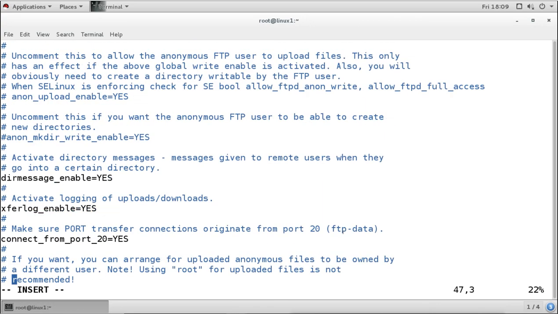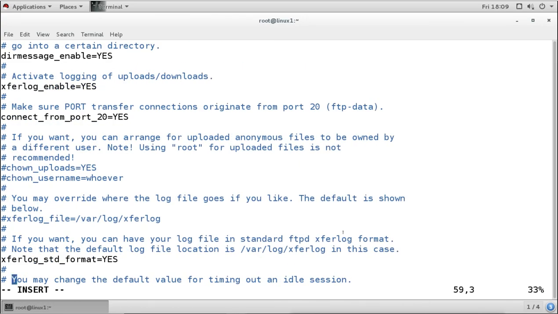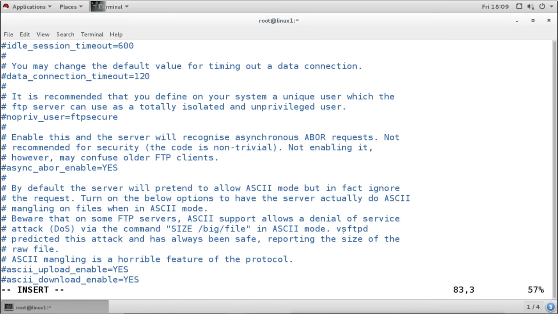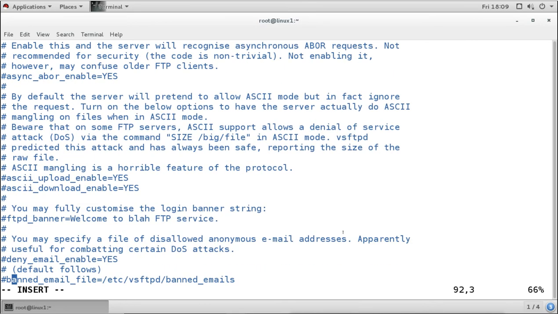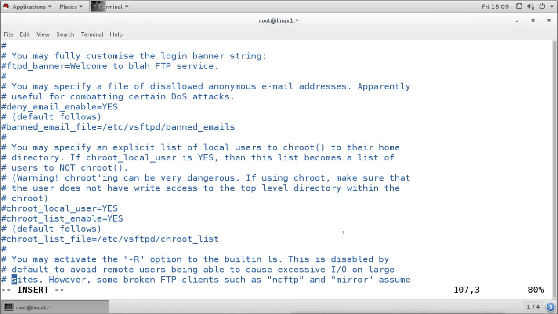Now for enabling chroot for normal users, we have a configuration under the same file: chroot local user. When you want to enable chroot for local users, we enable this line. We just remove the comment, then save and restart the service.